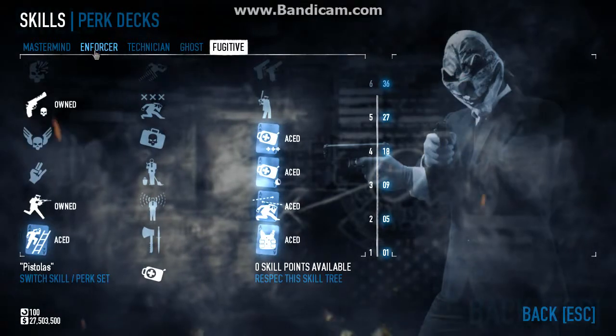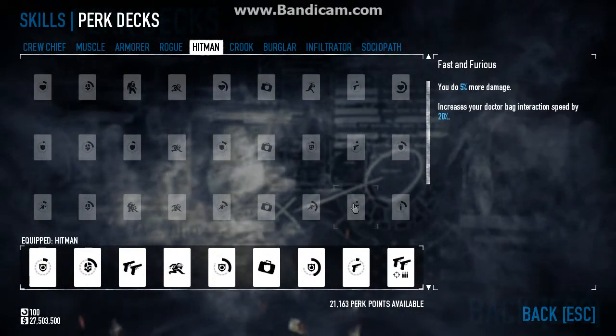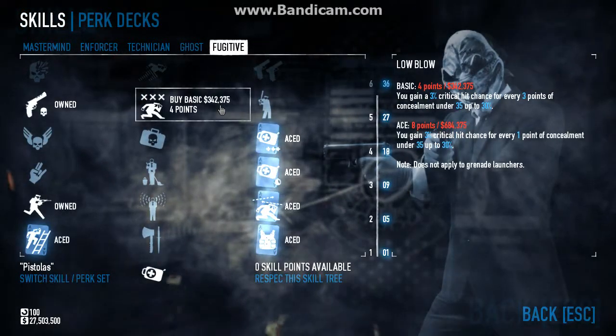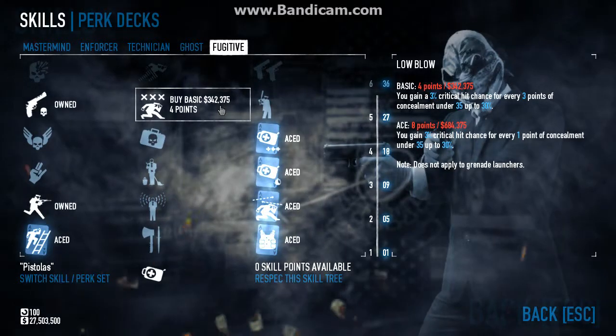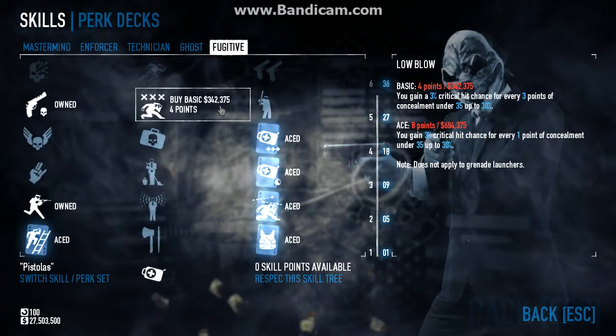Oh, and the perk deck is, of course, the Hitman perk deck, because that allows the akimbos. Typically, I've been using the secondary pistol as a primary and saving the akimbo pistols as